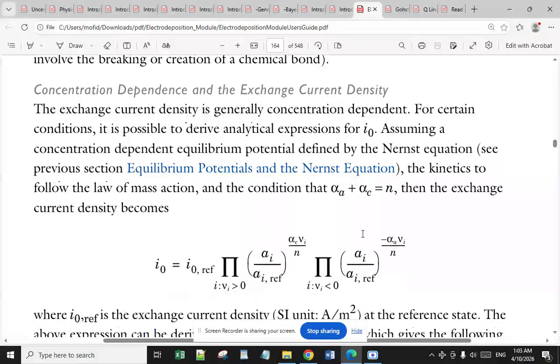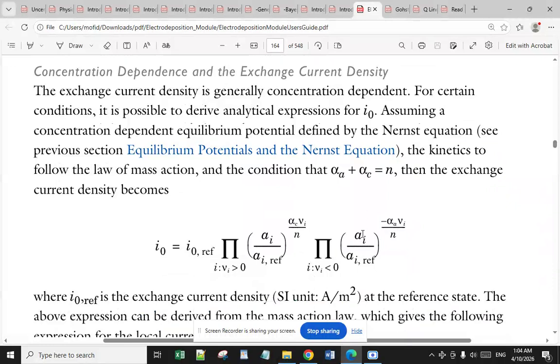Concentration dependence and exchange current density. The exchange current density is generally concentration dependent. For certain conditions, it is possible to derive analytical expressions for I0, assuming a concentration dependent equilibrium potential defined by the Nernst equation. See the previous section, equilibrium potentials and the Nernst equation. If the kinetics follow the law of mass action and the condition that alpha R plus alpha C is equal to n, then the exchange current density becomes I0 reference multiplied by